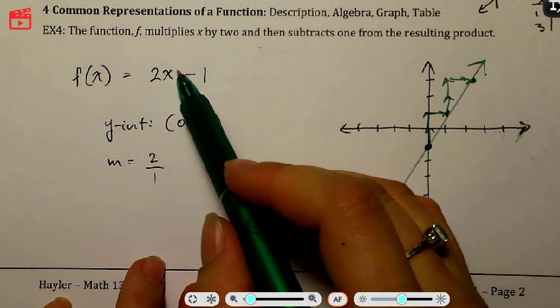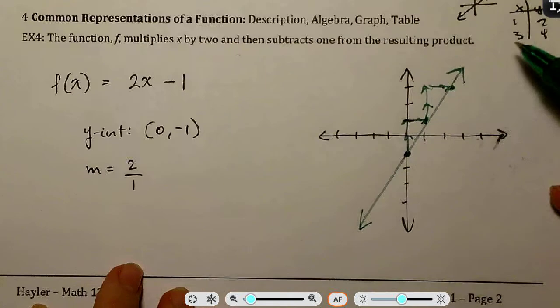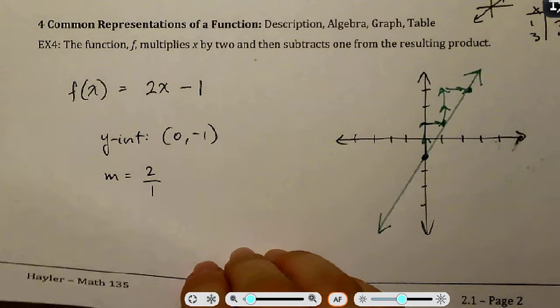So I've got the verbal, I've got the algebra, I've got the graph, and then you could also do a table. And that is it for